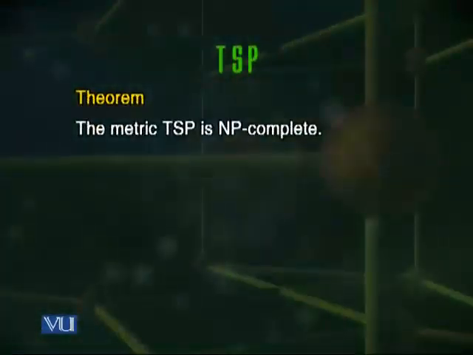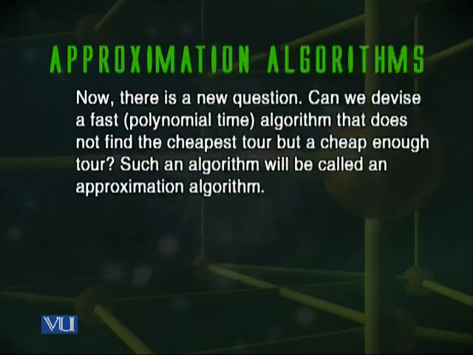The theorem that we proved last time was that the metric TSP is NP complete. And therefore, what we are trying to do is come up with approximation algorithms for this problem. Now, let's think about approximation algorithms and why we want them from a practical point of view. Well, since we know that finding a Hamiltonian cycle in this graph is going to take extremely large time,